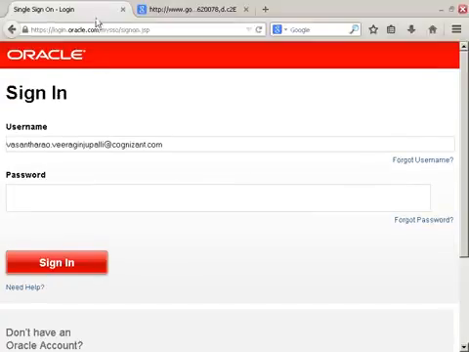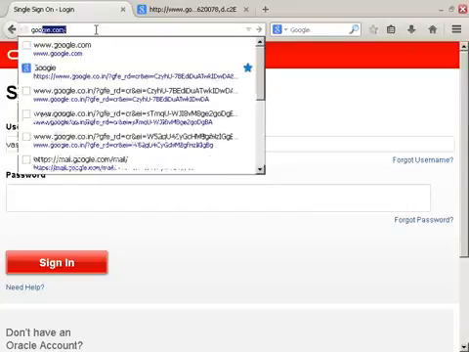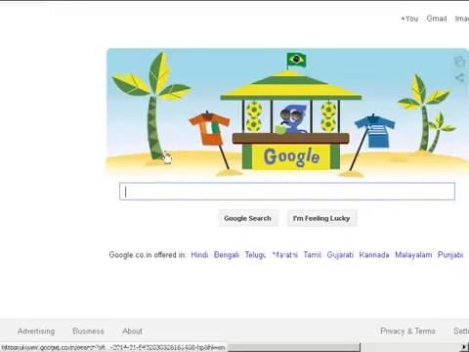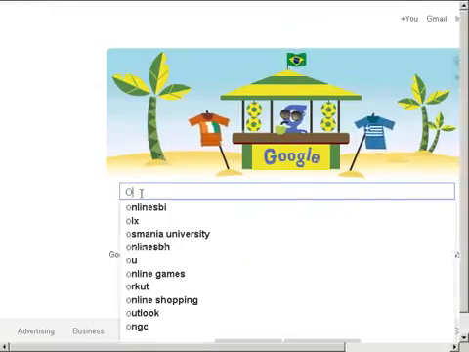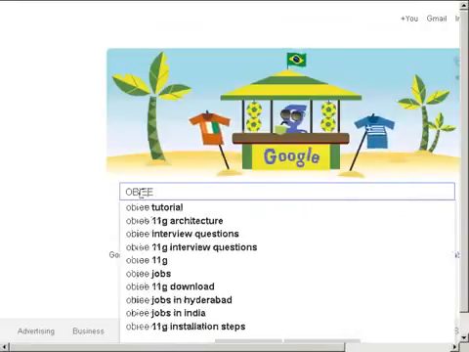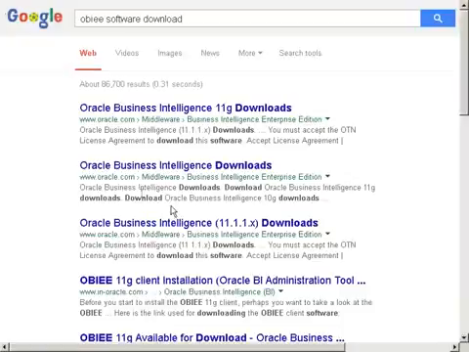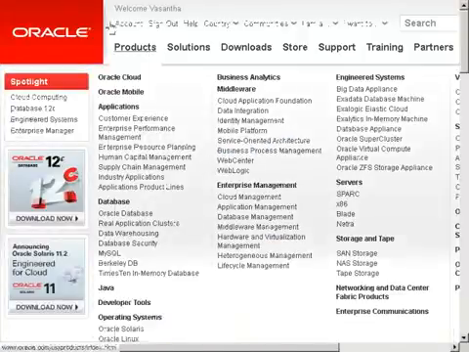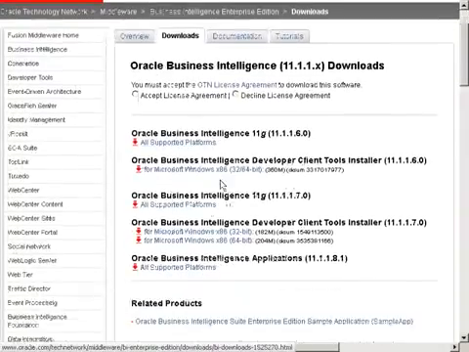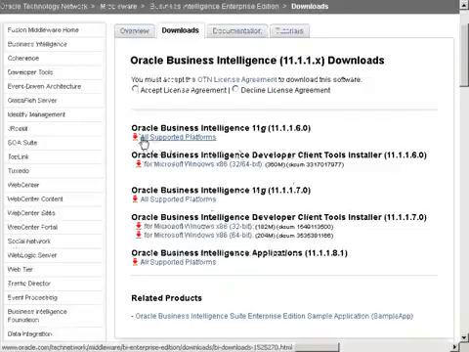Am I clear? Right. Now, that point is clear. Suppose I go for other software, let us say on Google, I want to go for OBIEE software download. In the case of OBIEE software, if you go and see, what is available here: Oracle Business Intelligence 11.1.1.6.